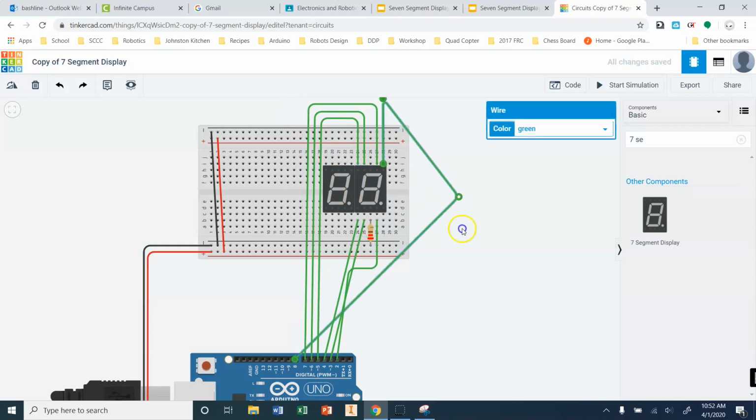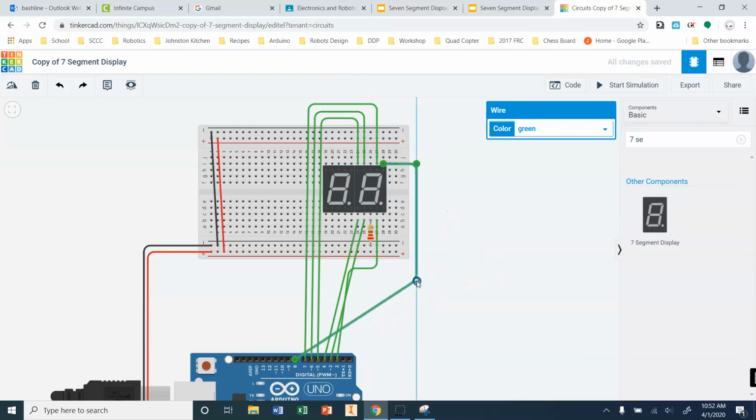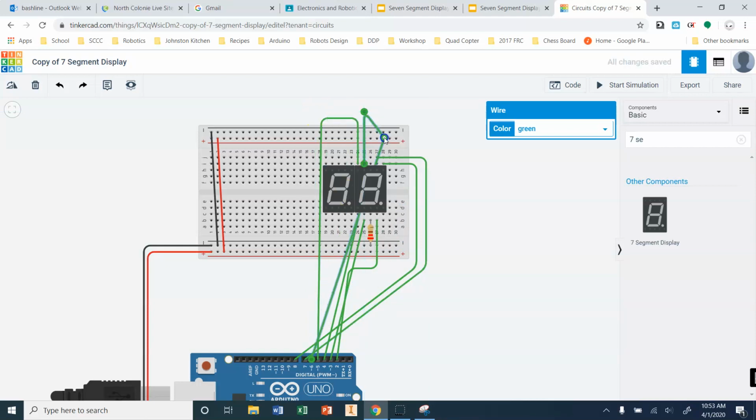So one of the things that I've been taking care of here is just sliding these to the side, and I'm going to edit this a little bit more here. Okay, and so what I'm doing here is just going through